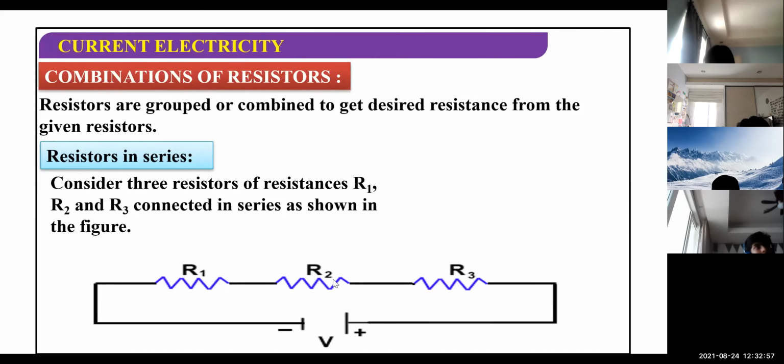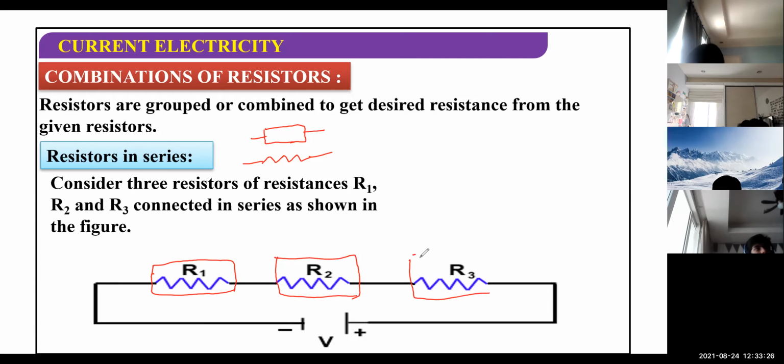Now here, please find this electric circuit diagram, children. Remember, in this PPT I'm using, as I told you earlier, in IGCSE we generally use this kind of symbol for the resistance, and in other boards we use a different symbol. So even in your notebook, make the resistors as a rectangular box. Please remember. We have connected 3 resistors in this circuit with a battery having voltage V volt.